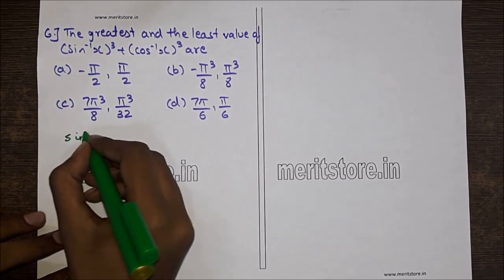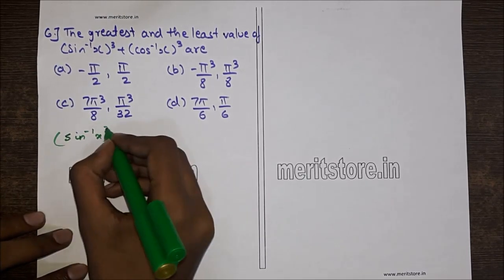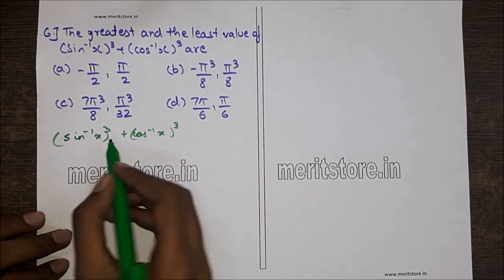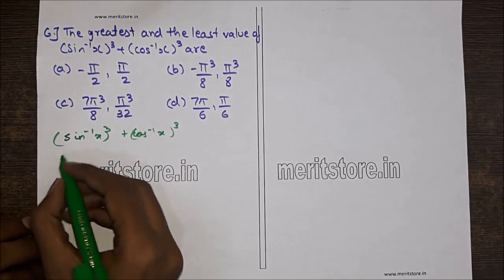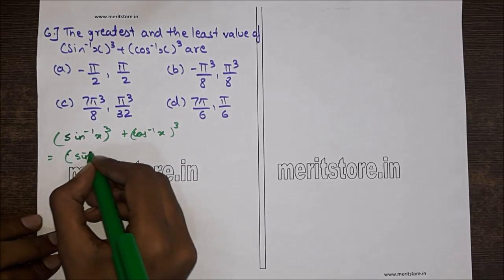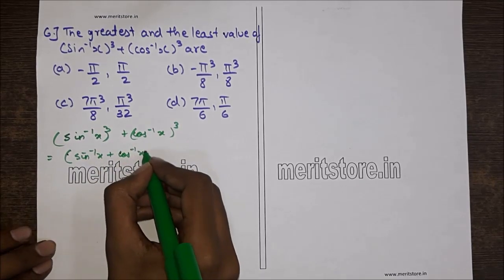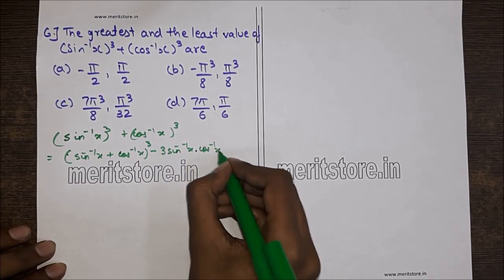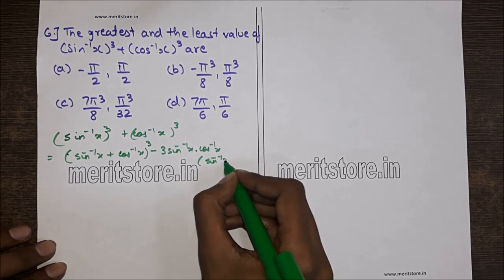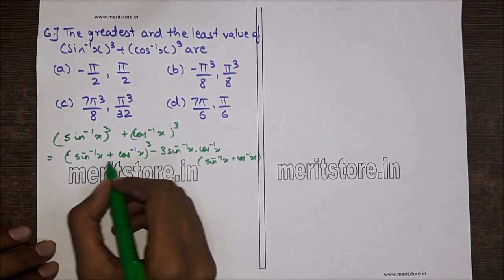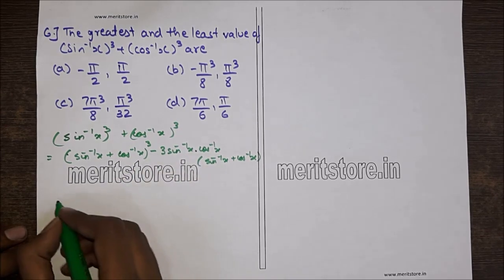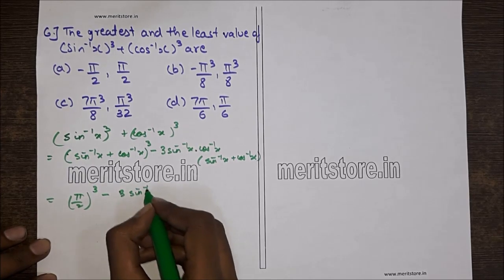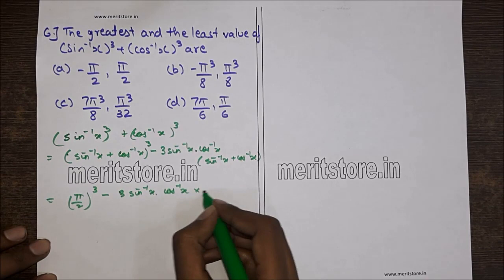So first we rewrite the expression (sine inverse x) cube plus (cos inverse x) cube. This is in the form of a cube plus b cube, so we can rewrite this as (sine inverse x plus cos inverse x) the whole cube minus 3 times sine inverse x into cos inverse x into (sine inverse x plus cos inverse x). Now sine inverse x plus cos inverse x is pi by 2, so this is (pi by 2) cube minus 3 sine inverse x cos inverse x into pi by 2,